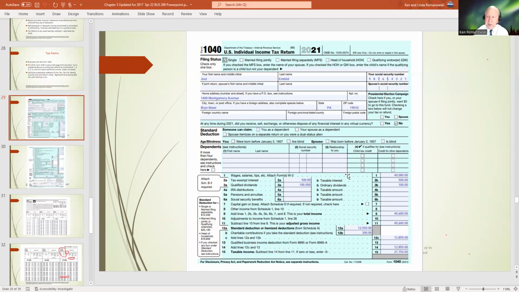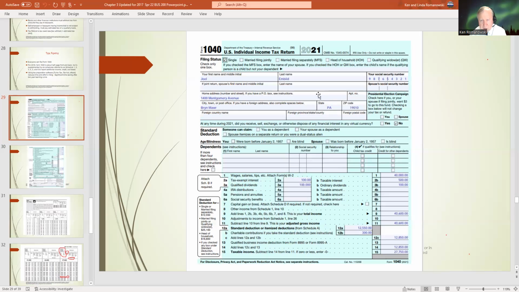This has all of the information about your income earned during the year, any taxes withheld, any money withheld for employee benefits, and taxes withheld from state and local along with federal. That's all on here. So your W-2 form is going to say the amount that you have to report for your federal taxes. In this case, Joel Embiid is reporting $40,000 of his wages. That's what he said he earned